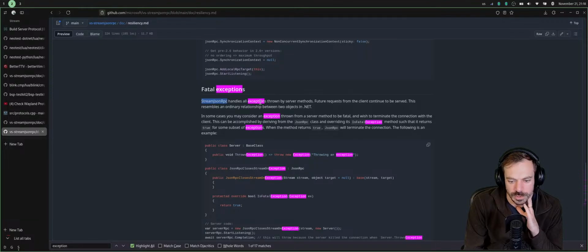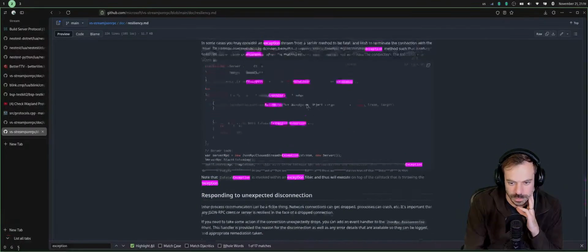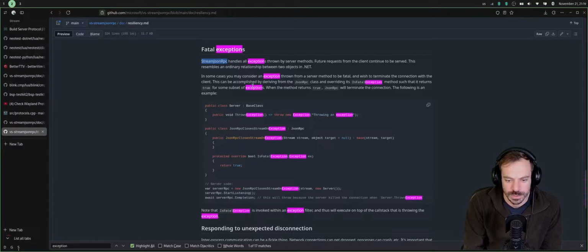StreamJsonRpc handles all exceptions thrown by the server methods. Future requests from the client continue to be served. This resembles an ordinary relationship between two objects in .NET. In some cases you may consider an exception from the server method to be fatal and wish to terminate the connection with the client. This can be accomplished by deriving from the JsonRpc class and overriding the IsFatalException method such that it returns true for some subset of exceptions.